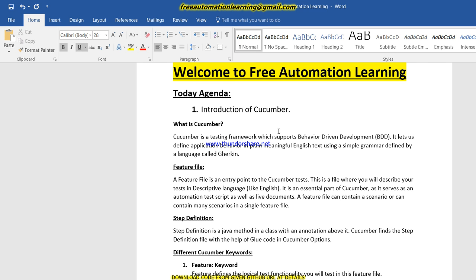So hopefully you understand the basics of Cucumber and what a feature file and a step definition file are. In the next video we are going to set up Eclipse, and after that we will create a Cucumber project, write our code, and design a framework using Cucumber. I use Cucumber with Selenium, and I also use Cucumber with Appium. So stick with me, and we will discuss Cucumber with Appium and Selenium in upcoming videos.